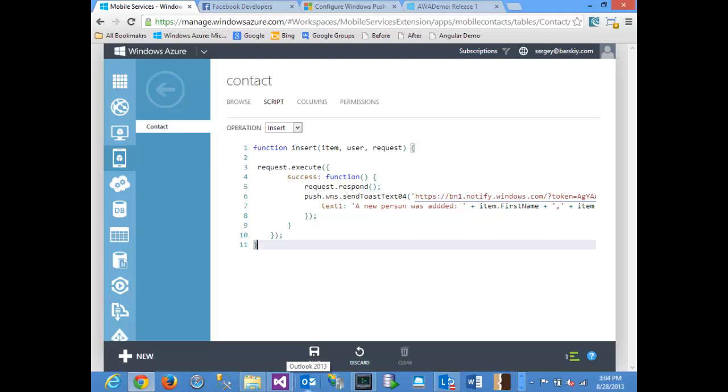And after I do the standard operation, which is a request execute, I'm still calling the default. But on the success of that, which is a function that I'm passing in, success means that after my insert successfully executes, I'm going to do something else. And in my case, I'm doing the request.respond, which is something you should do to return the control back to